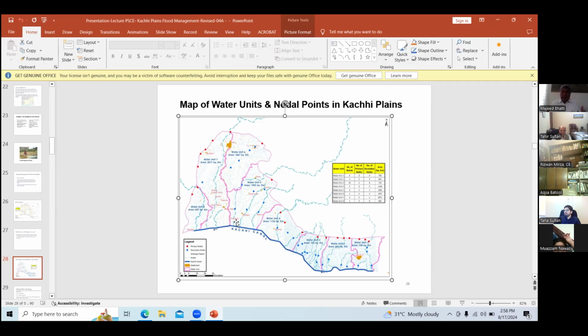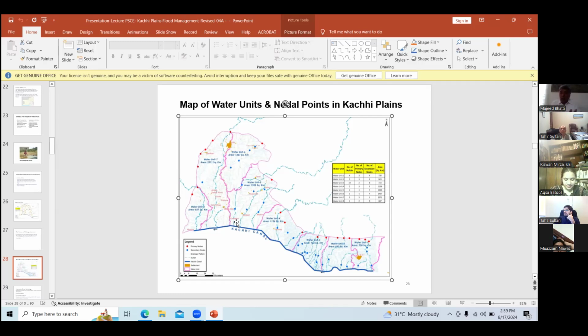So they adopted this methodology because there are also security issues in Baluchistan. Everyone understands the security situation in Baluchistan is not up to that level that people can freely move in the area, so we had to adopt some other method instead of going into the field and getting the information and data, and also observation of the flood discharges.